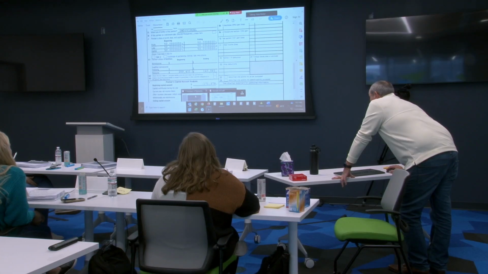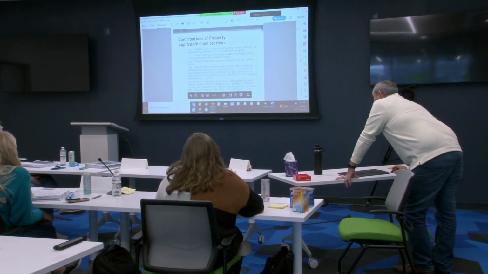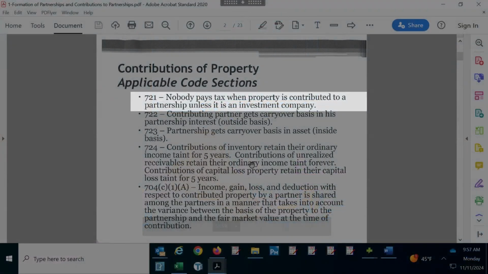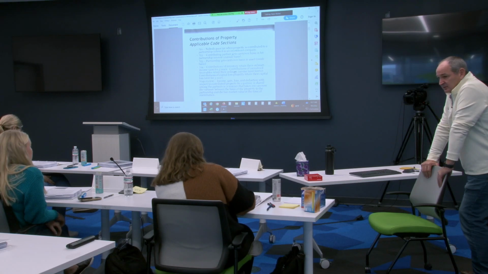Okay, so the way you interact with debt in a partnership context is wildly different than S corp. Okay, so we talked about this. 721 is way more forgiving than corporate formation. Transfers to an existing, transfer to a new partnership, 99.99% of the time is going to be tax deferred.